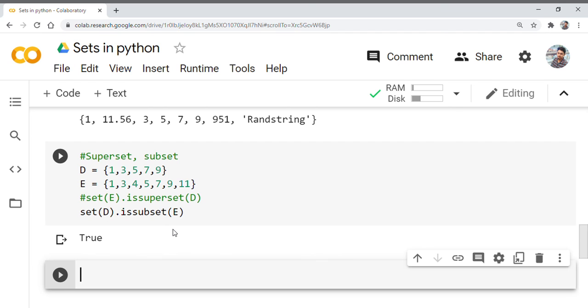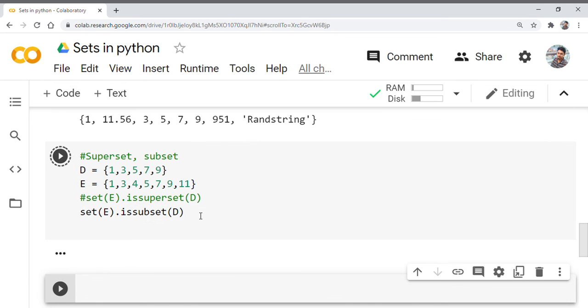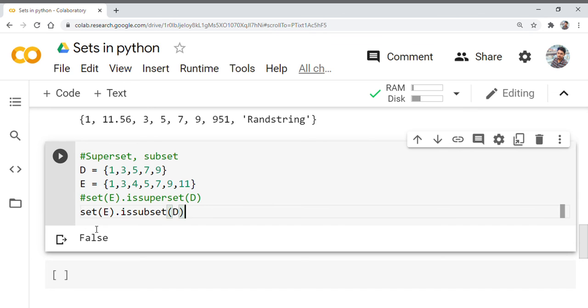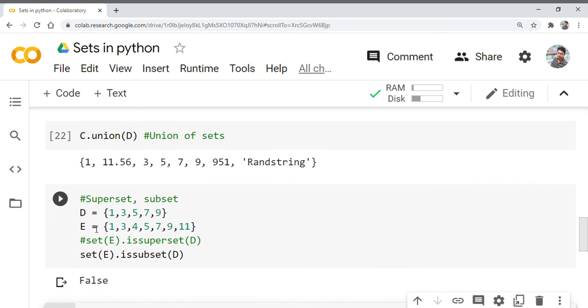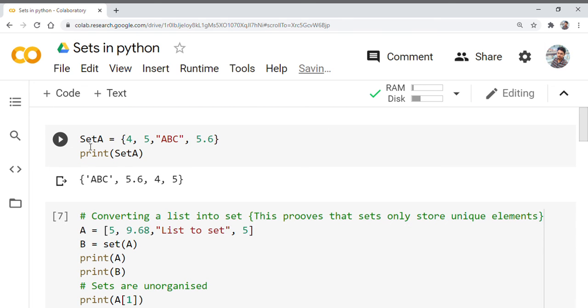Because D is a subset of E. And if we check for set E is subset of D, the answer must be false, right? Because it's not a subset. All right. So these are the major set operations which we have learnt in mathematics, and we can actually perform them in Python, using Python. Okay. So I hope the concept of sets and set theory is completely clear, and thank you.